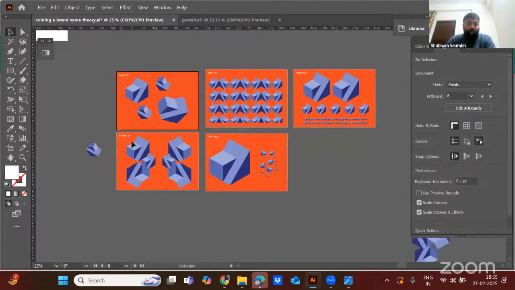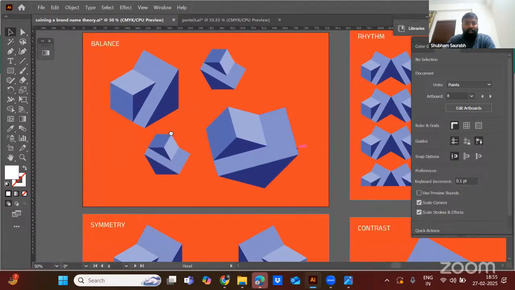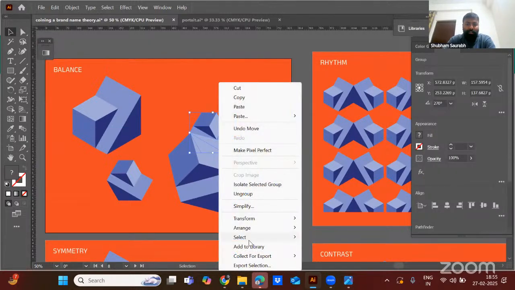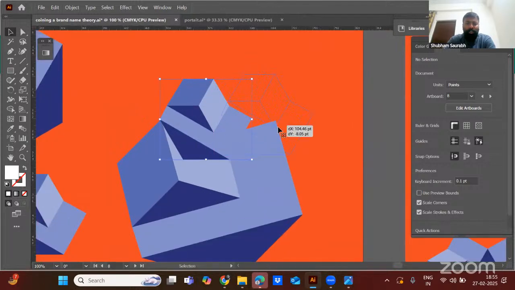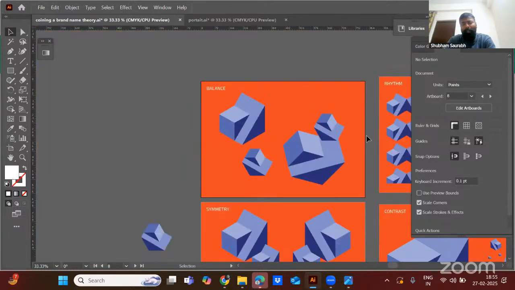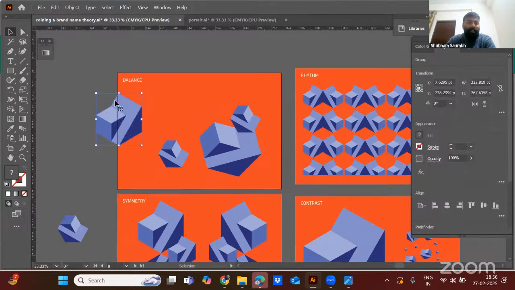And as I told you, any number of times you can change the orientation, you can change the size. I haven't used overlapping a lot, but when one form mixes up with another form like this, okay, that is called overlapping. Don't use it too much, but somewhere it might look good when it's not disturbing. So overlapping might work. And sometimes what we do is a cutout. For example, if part of the drawing is going out of the frame and you are just taking a separate part of it, and if I show you, like,